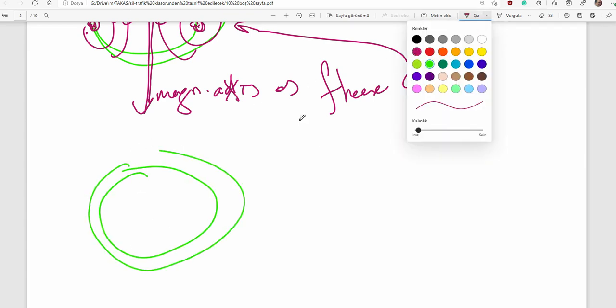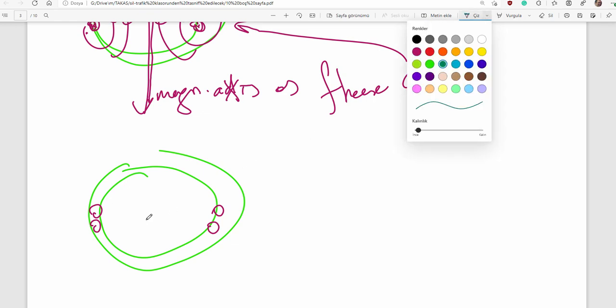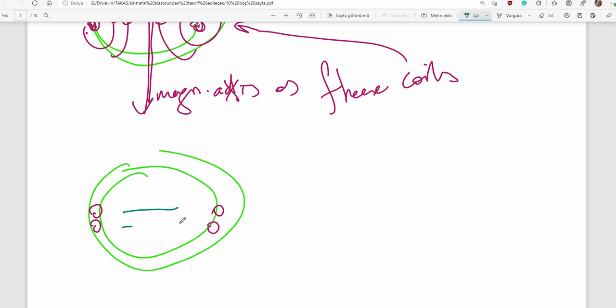Here are 2 coils, subcoils, to construct one coil, and then, hocam, you said in the armature reaction theory, here would be such